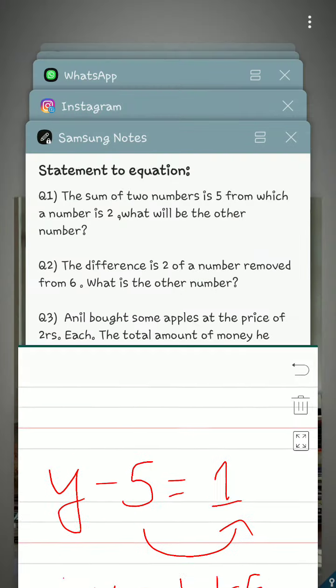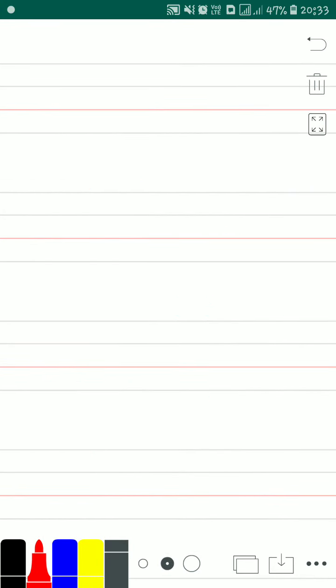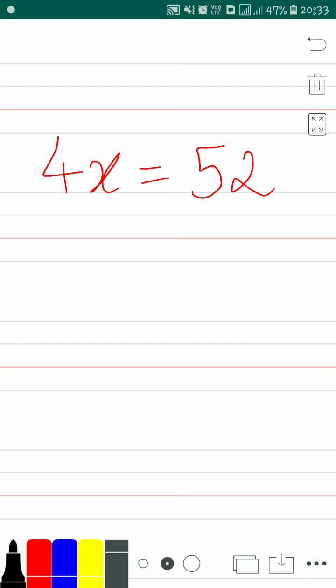In the same way, 4x is equal to 52. Let's do the third one. Now x remains at its place but 4 goes to the other place because it is in the state of multiplication. So now x is equal to